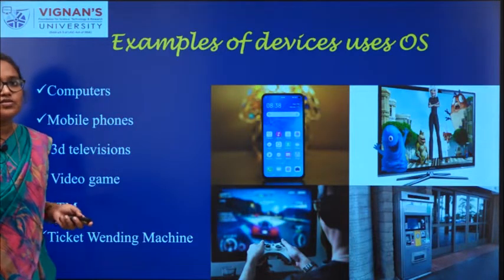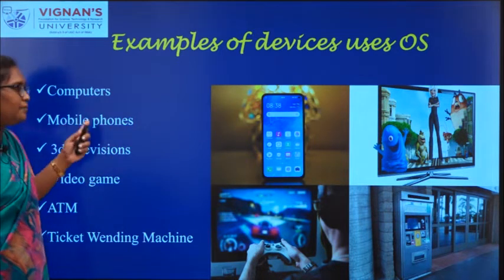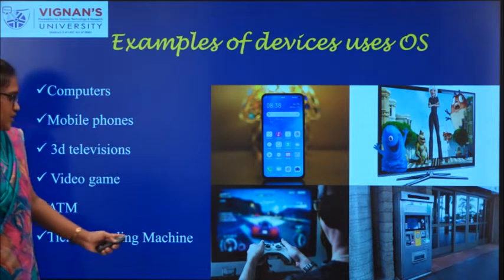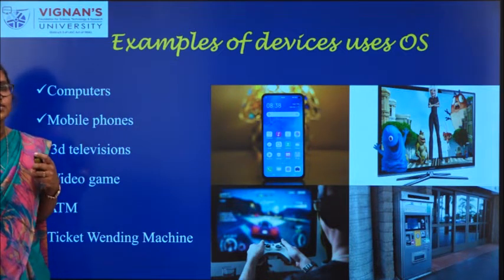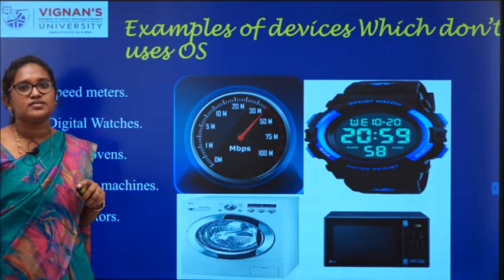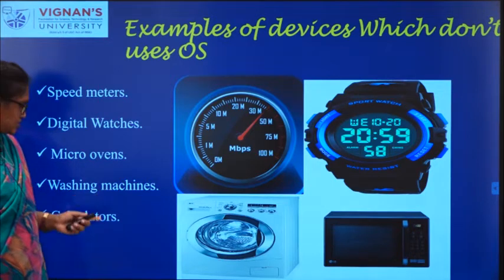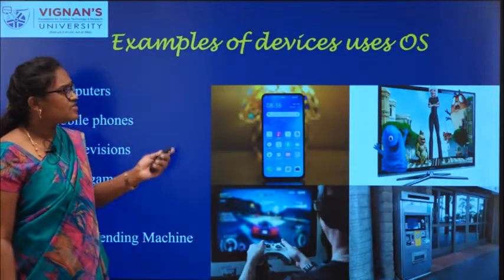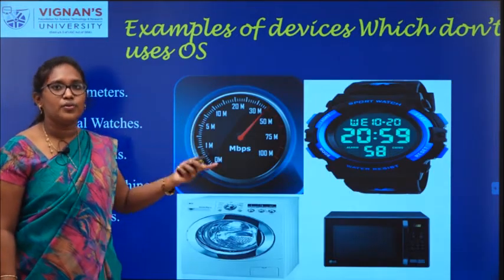Next one, examples of operating systems. Examples of devices which use an operating system are computers, mobile phones, 3D televisions, video games, ATMs, and ticket vending machines. These are the devices which support an operating system. Next one, the devices which won't support an operating system are speed meters, digital watches, microwave ovens, washing machines and calculators. You will understand why these devices support an operating system and why these devices don't support an operating system by the